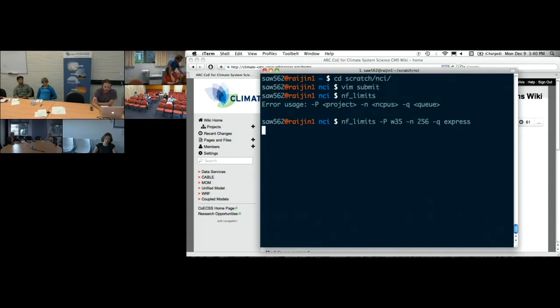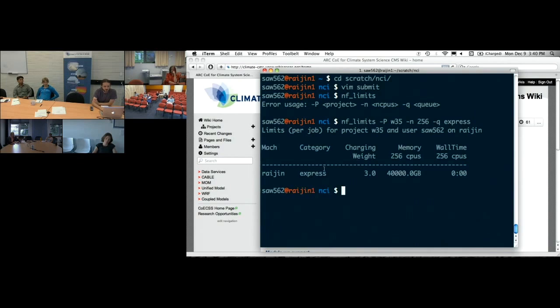And this will go ahead and tell me what my limits are, the maximum I can use. So in the express queue, I get charged 2 extra hours for every one I use. I have a maximum memory of 40 terabytes, and a maximum wall time of 0, which means I can't actually run my 40 terabyte 256 CPU job on the express queue.